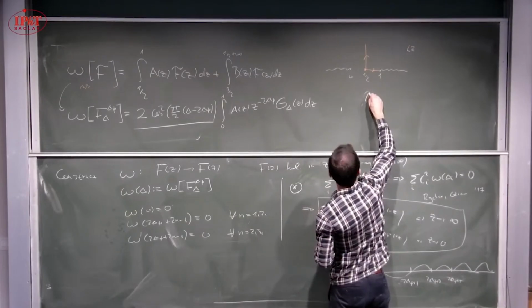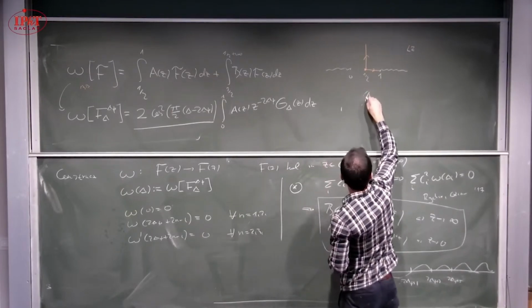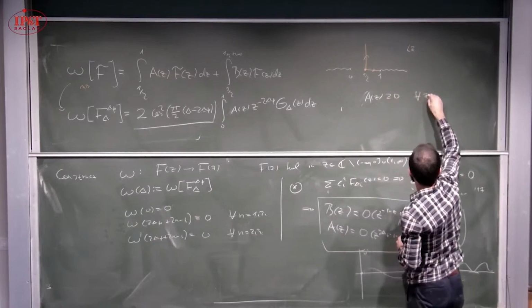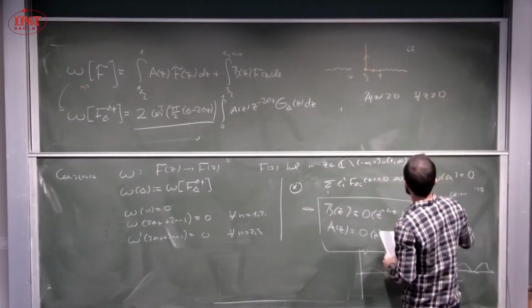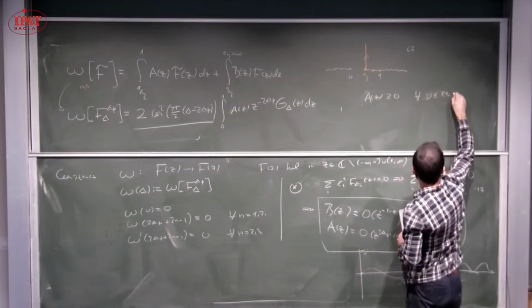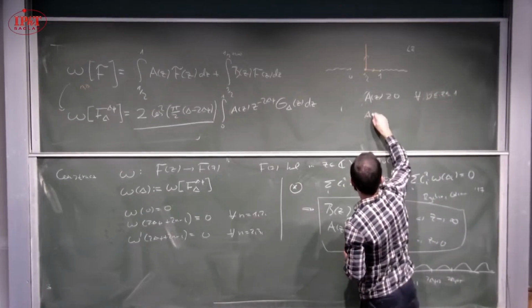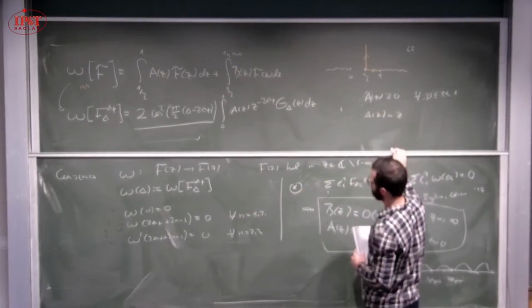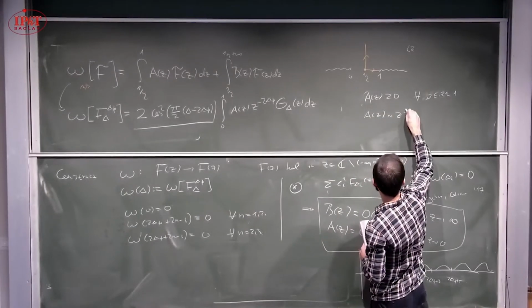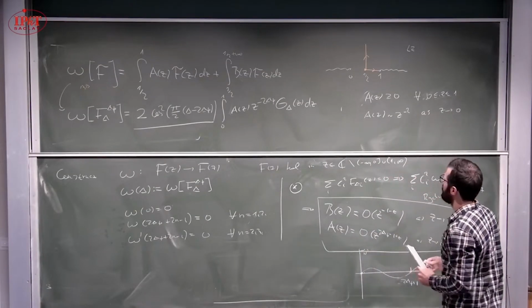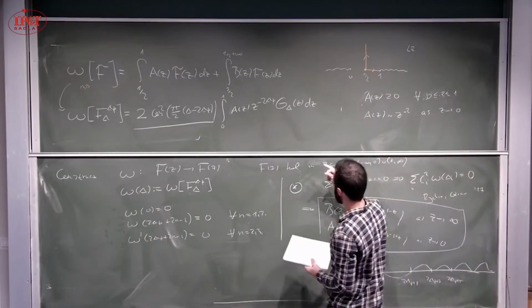it will turn out that a of z is positive for all z between 0 and 1, and a of z goes like z to the minus 2 as z goes to 0. So now, when delta is big,